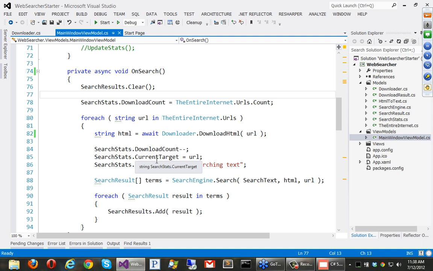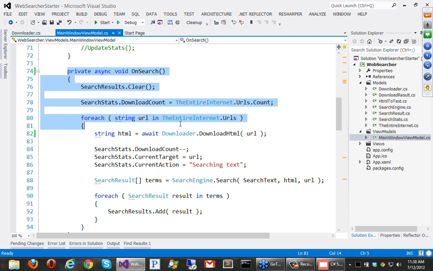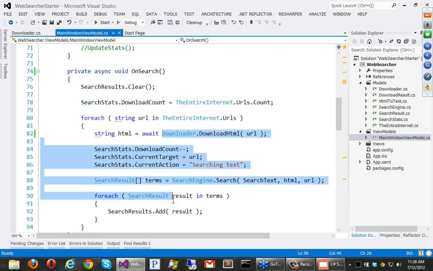And something really interesting is going to happen. So it's going to run down here. When I click this button, it's going to run just normal main thread until it hits this await. And then it's going to say, all right, well, this is not done. I've got this task back. I'm waiting for the task to complete, but it's not done. So it's going to release the main UI thread to keep working. And it's going to convert this second half into a continue with. And when the task is finished, it's going to put a message on the message pump. It'll pull out and it'll continue processing this bit.